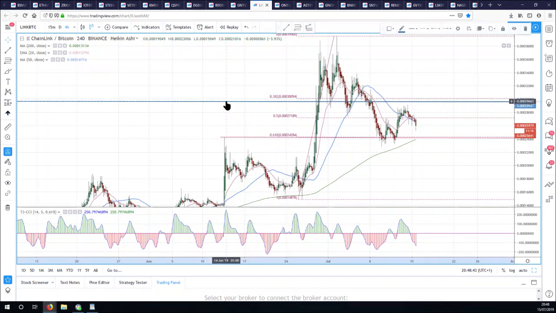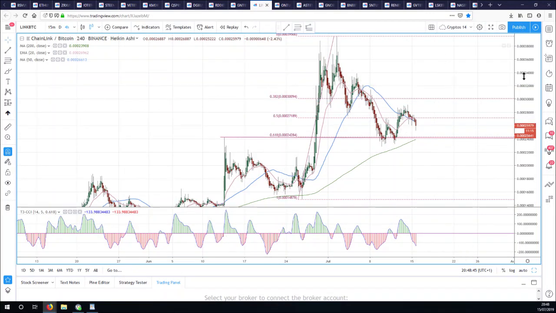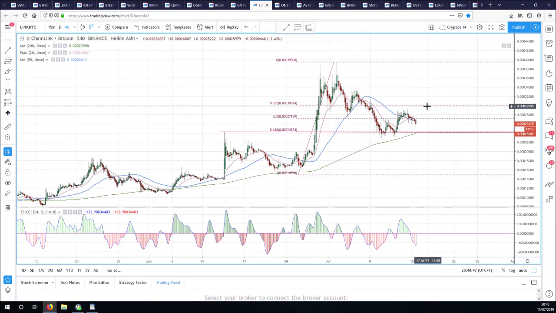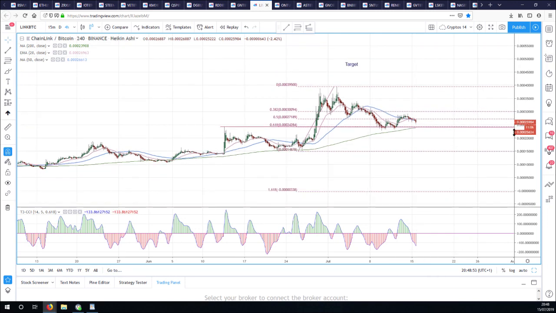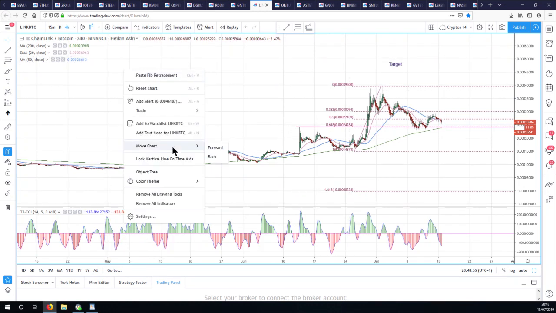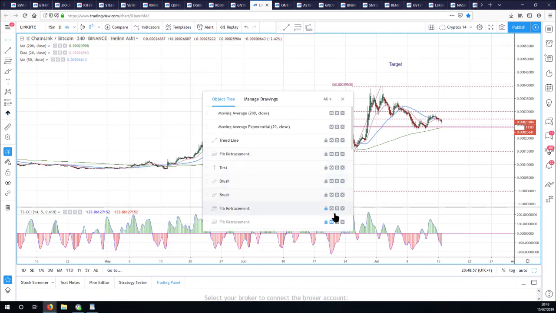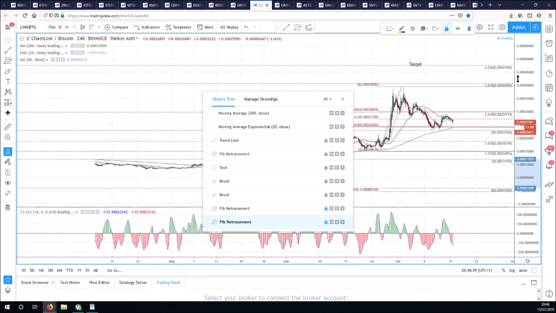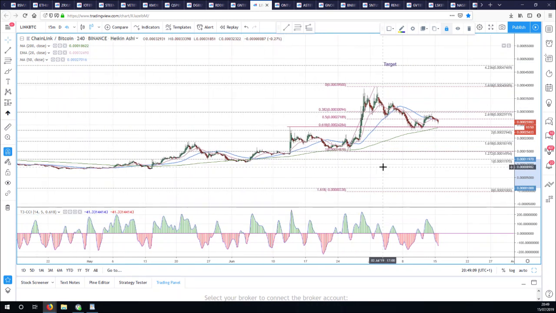Let's see. Now, if we can turn it around here, then happy days. We're going to go back to 3,000, which is the 38.2 fib. And if we get above that, we should be on our way to new highs. And I'm going to put back my hidden fib target here. Target is first off 40,000 and then 47,460 next. So patience needed for Link, I think.